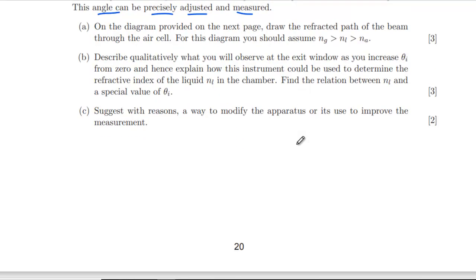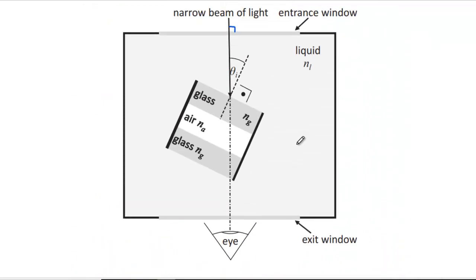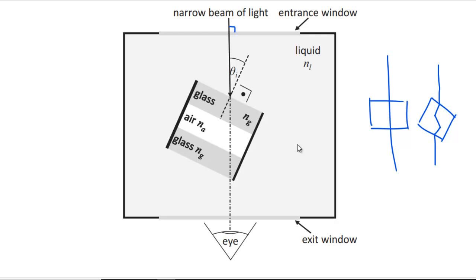Describe qualitatively what you will observe at the exit window as you increase theta I from 0. Hence, explain how this instrument could be used to determine the refractive index of the liquid. Right, let's go to the smaller picture. So if it was 0, then you've just got the block there and it's going to go straight through. So as we then tilt it off to the side, the spot is going to move, isn't it? Our exit point is going to move. Because it's going to be coming down, doing that, then that, then that. So that's going to keep on moving in some fashion until eventually